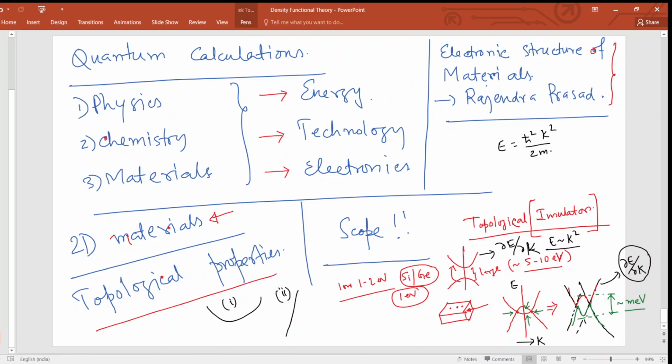What happens as a result is that the mobility of these carriers will be quite large if such band inversion happens. These carriers can move very fast. That is why you will have very fast moving charge carriers on the surface, but deep inside the material it will behave as an insulator. That is the topological feature, appearing as a result of certain intrinsic symmetry which is protecting the material. Okay, is this part clear?